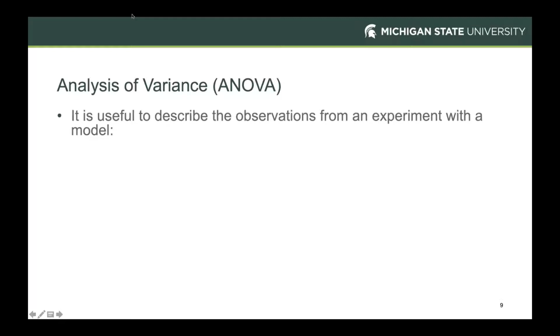Okay, and so from a big picture perspective, we're probably far enough in the course now that it'd be good for us to start introducing models. So this will be the first time we introduce an explicit model here. So if we think about the observations from an experiment, in this case, the noise measurements that are collected based upon students driving vehicles over rumble strips and then measuring the associated noise across a number of different pavement sections,